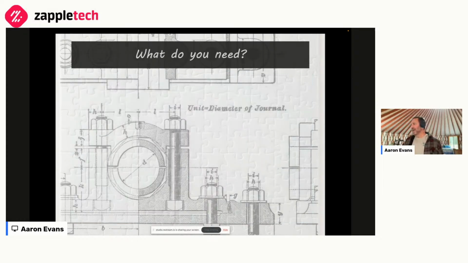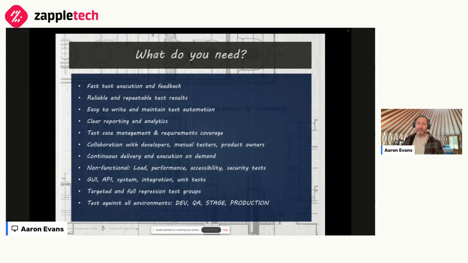All right, so what do you need in a test framework? I'm going to blow through this list and stress a few things. Here's some examples, right? You need to answer this question for yourself, but these are the type of things I think about when I'm building or evaluating a test framework. I want my tests to execute fast, and I want to get feedback right away from them. I want my tests to be reliable, not flaky, and I want those reliable test results to be repeatable. I don't want to rerun my tests 3 times before I'm confident that I got a result because of environment issues or slow rendering or whatever else.